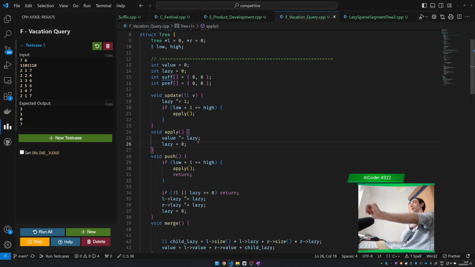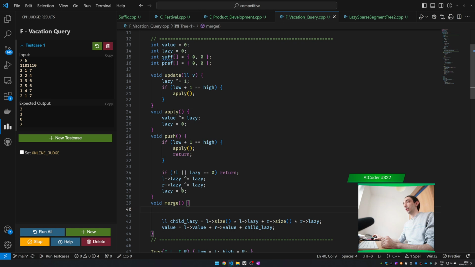Okay, so we know the value. We know the value of these bottom nodes. We now want to say what is the value for the merger. And the merger will only happen at top nodes. So okay. We say that